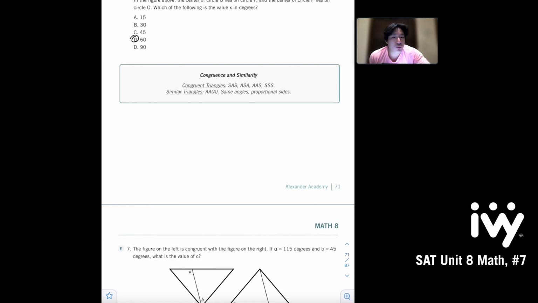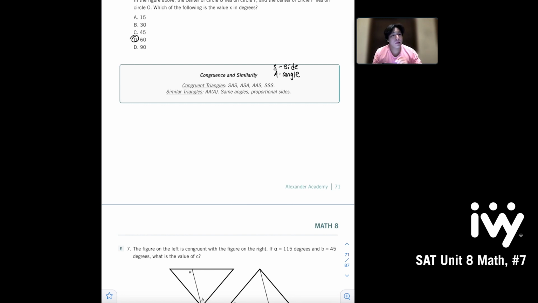Okay. Congruence and similarity. So there's a couple of different rules for congruency. That's SAS, ASA, AAS, and SSS. So what this means is that S, of course, stands for side, and A, of course, stands for angle. So to prove congruency, we can show that two triangles have a side, an angle, and a side,